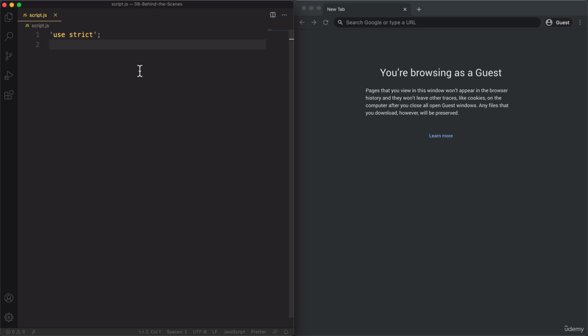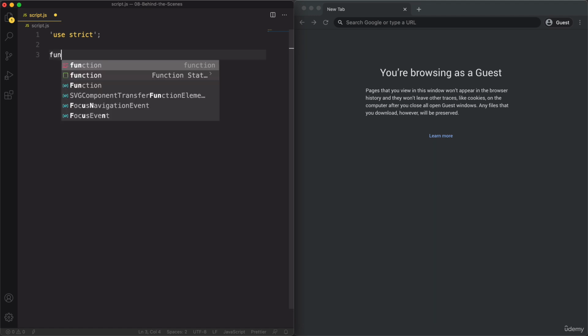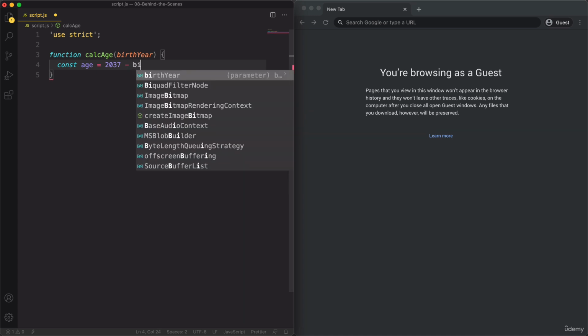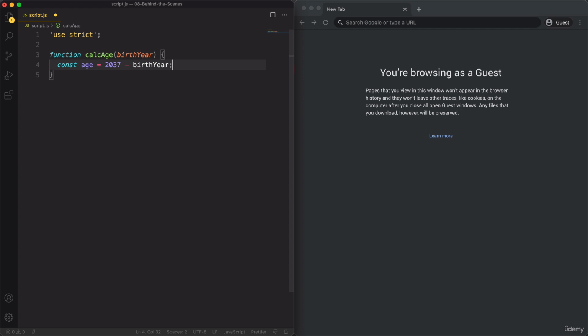And so let's just start writing some JavaScript code here. I'm going to start by writing a simple calcAge function. And this time, let's actually use a function declaration. Not that it matters, but just to have some diversity and not always create the same type of function. So calcAge, which is going to receive a birth year. And then all this function does is to calculate an age. And so this is nothing new at this point. So the current year minus the birth year. Then let's also